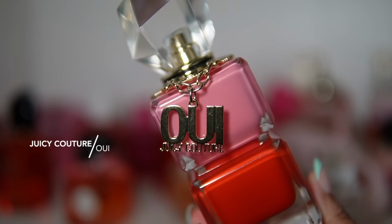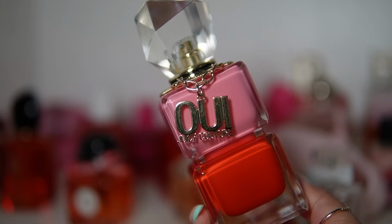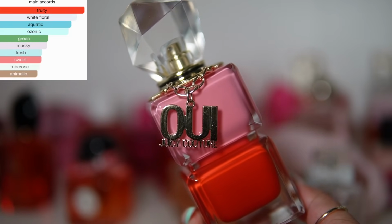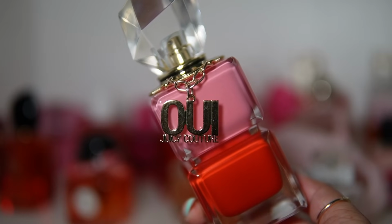Juicy Couture Viva. This one is an addition to my collection and it was for spring. I was just really excited to bring in some new scents for springtime, and I went to Sam's one day. They had a sample of this available and I remember spraying it on. I just kept smelling it. It was lingering in the air, and I did the smallest little spray on my wrist